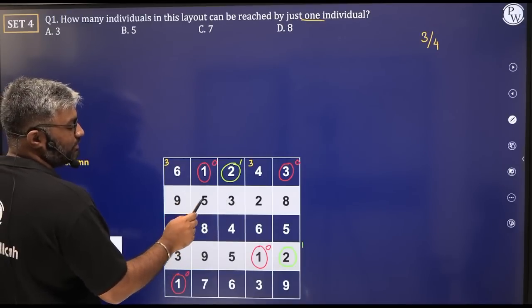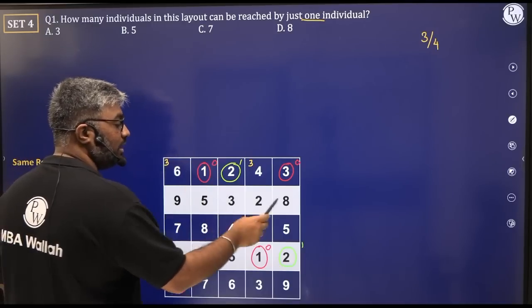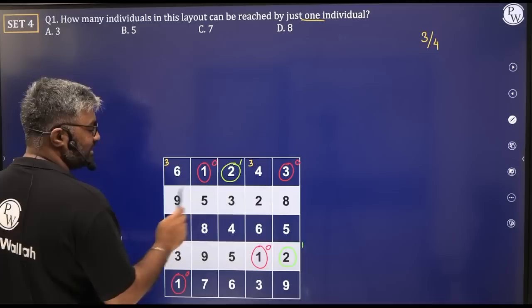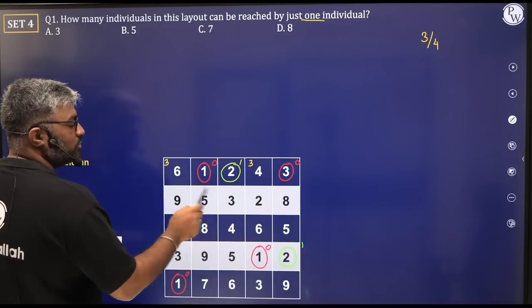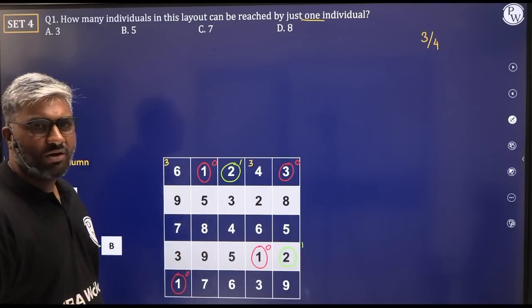3 से 9 नहीं जा सकते because 5 has to be less. 2 to 9 नहीं जा सकते because 3 and 5 should be less. But from 8 you can because 8 is less than 9. And 8 is greater than 2, 3 and 5, right? So here there'll be a lot of terms here. We're not going to deal with this.